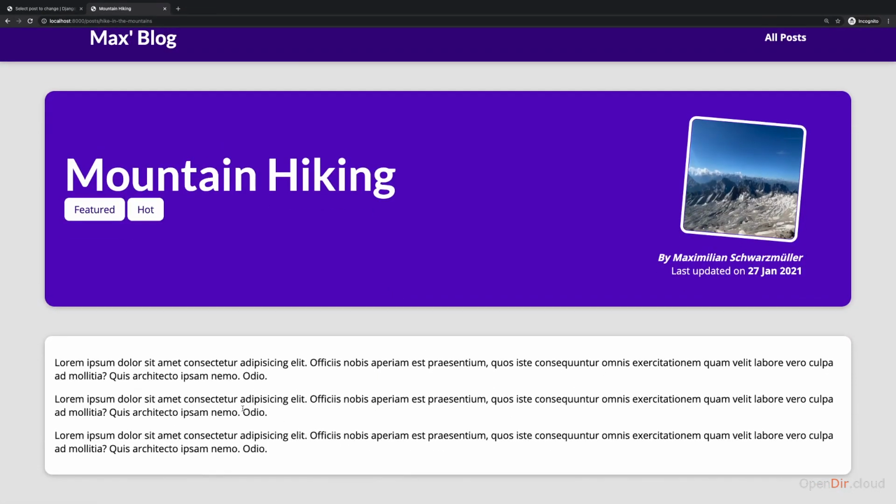Below a post, I want to have a comment form where any visitor can leave a comment, and then a list of existing comments. And in addition, on every post, I want to have a button which allows me